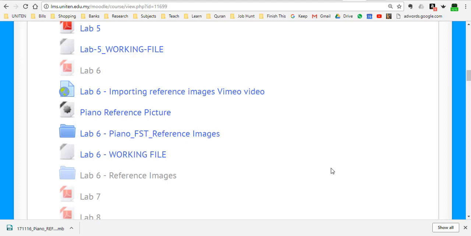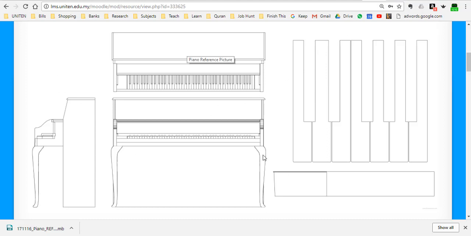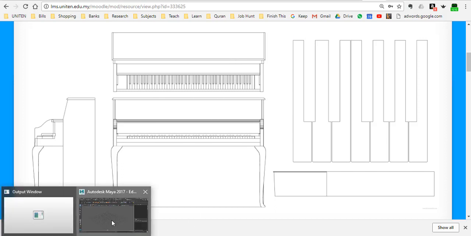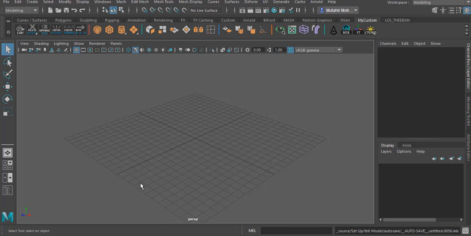Alright, so hi everyone. This is lab 6. We're modeling the piano. So that's the piano reference picture, as you can see. So what you need to do is, first things first, you need to set up your project. So we're gonna bring this image into our project folder, and for that, just like in the lab, taught you